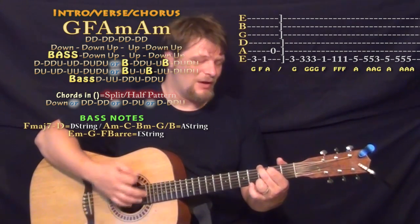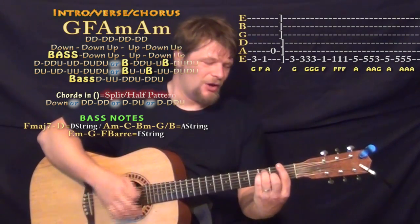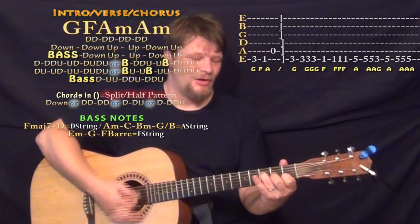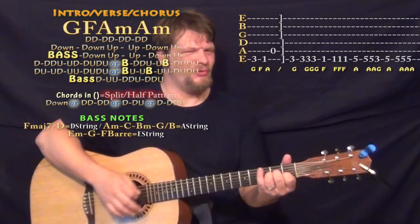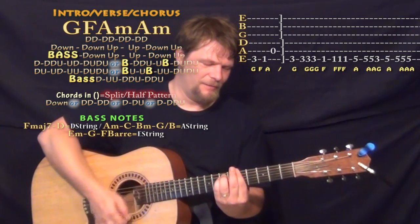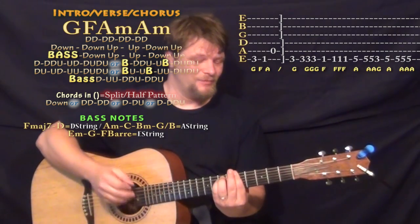On the F bar you'd have low E for the bass. On the F major 7 you have D for the bass. And on the A minor you'd have the A for the bass, unless you're doing the bar, and then you'd have the low E for the bass for the bar on the A minor. Try it that way, you have the G,